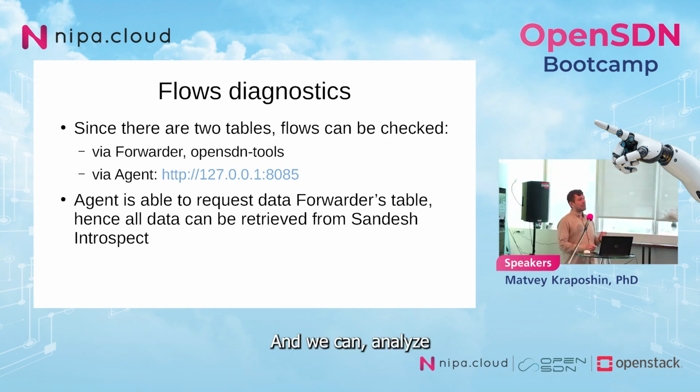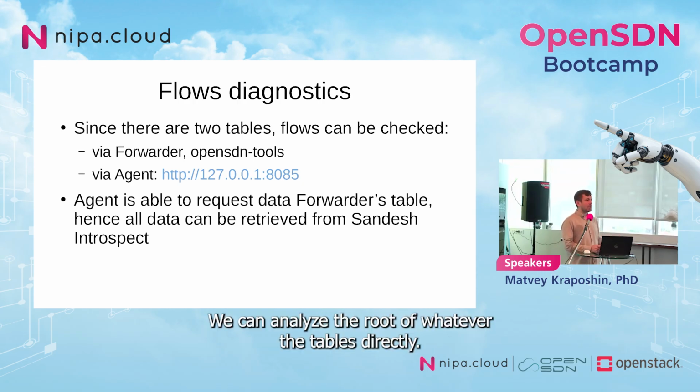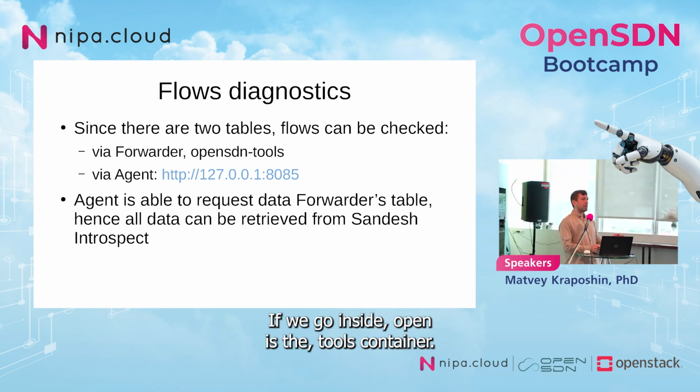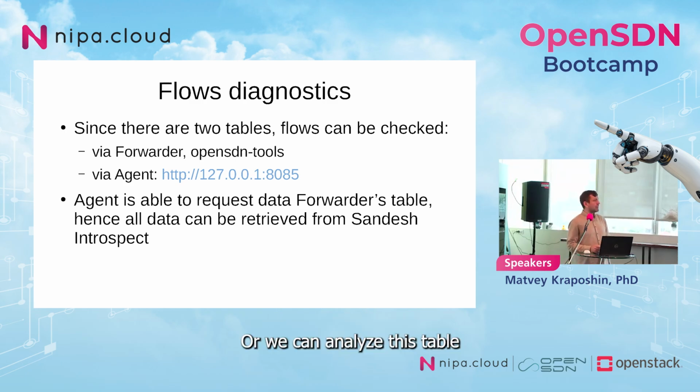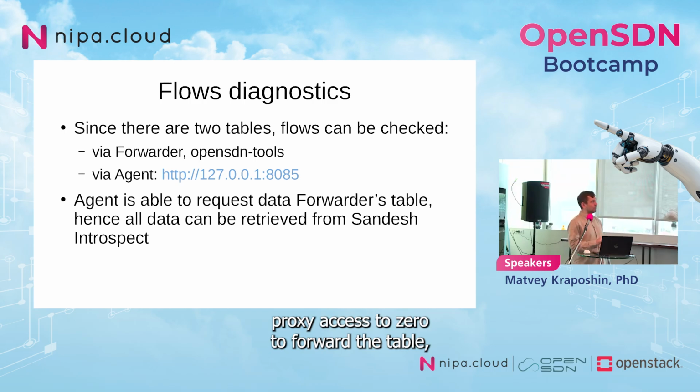And we can analyze what's happening with flow management using two tables. We can analyze the router forwarder tables directly if we go inside the OpenSDN tools container. Or we can analyze this table from the router agent by going into the introspect API. And we must remember that the route agent provides proxy access to the router forwarder table, but it can also